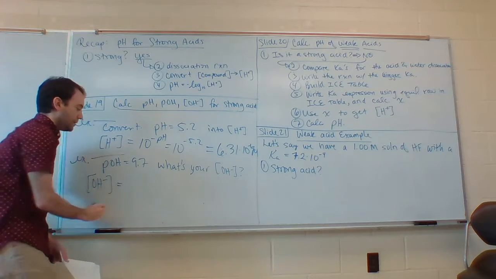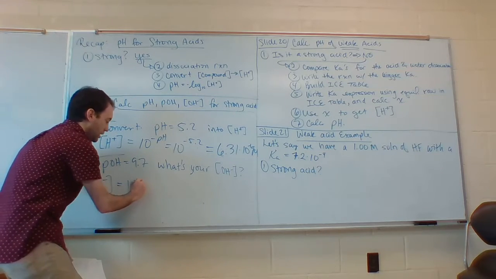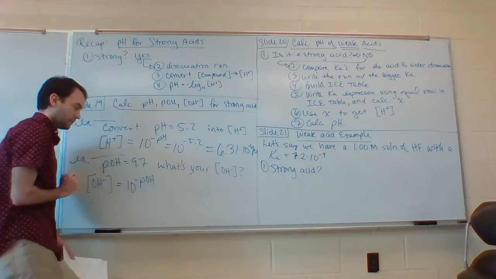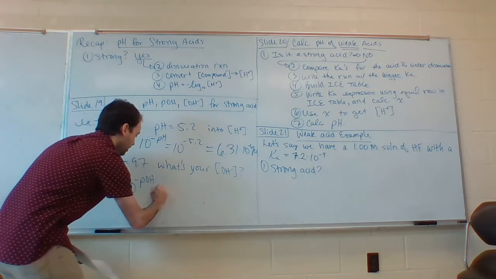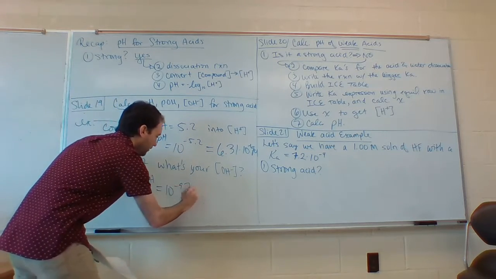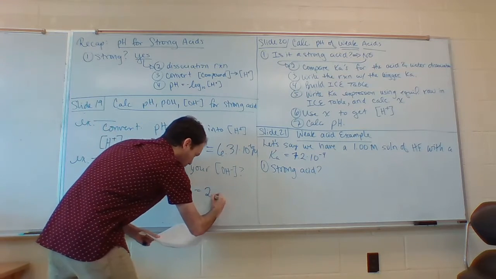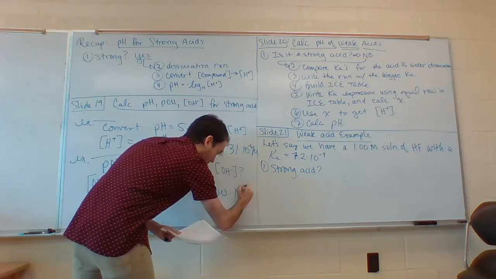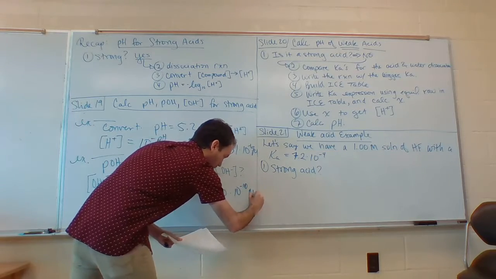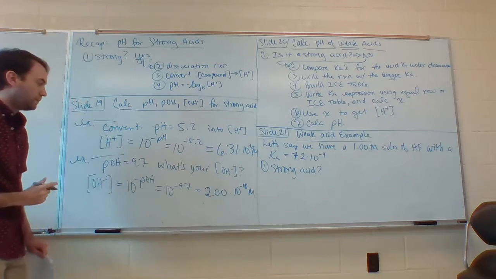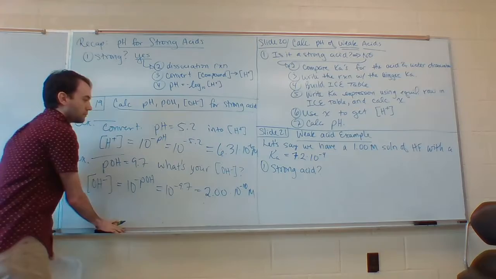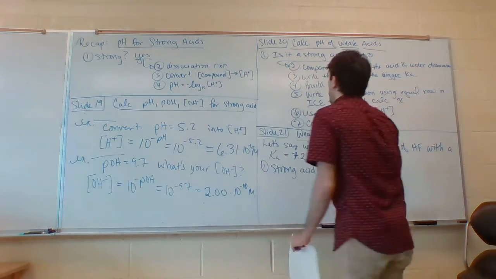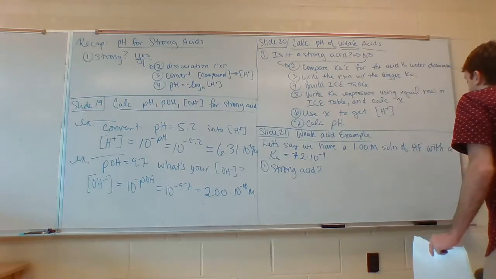I know that that is going to be equal to 10 to the negative pOH, which is equal to 10 to the negative 9.7, which is equal to 2.00 times 10 to the negative 10th molar. All right, so not super bad. Now, the next thing that I want to talk about